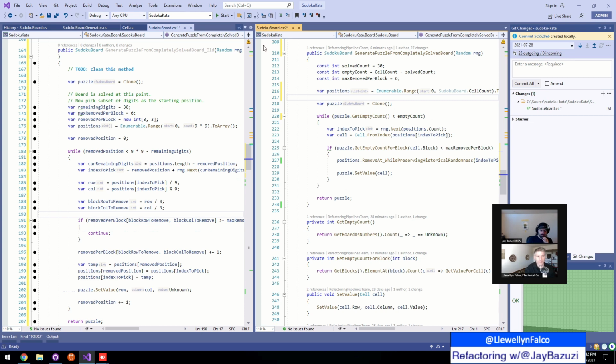Like what you really want is to randomly select a cell that isn't empty, right? But there isn't a way to do that. But it'd be nice if there was. Because you can't do it because you have to preserve this historical thing. But anyhow,